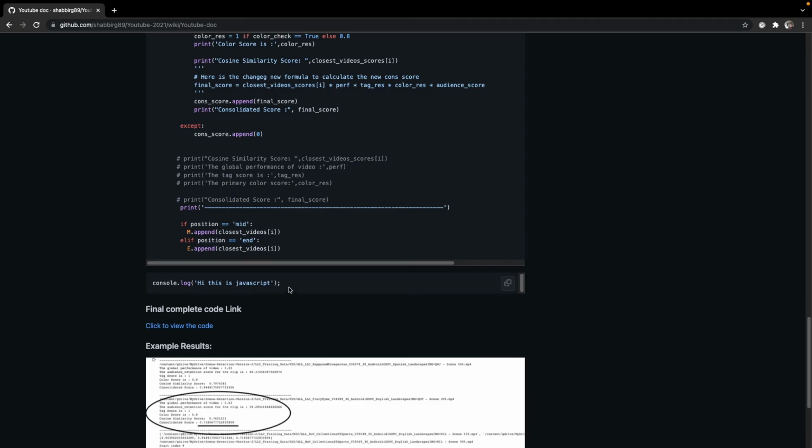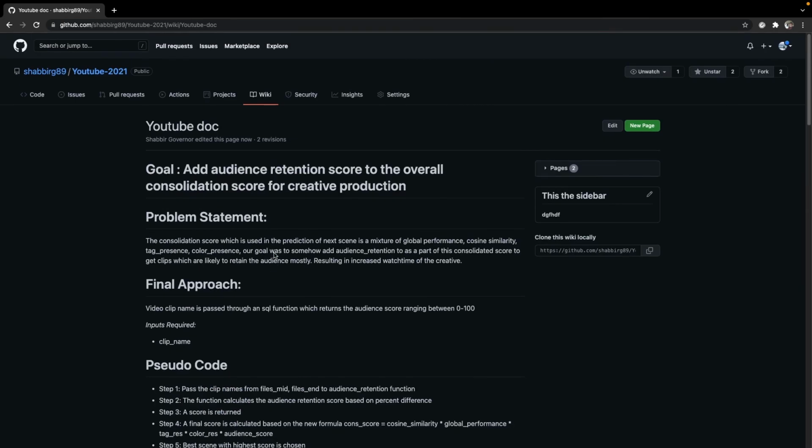You can see here that it has identified this code was written in JavaScript, and it shows it in a code format with these color schemes. This was all that I wanted to show you in this video, like how to make GitHub wikis and how you can add them to your repositories to make them insightful for others, and also in big collaborative environments you can definitely use GitHub Wiki to make it more productive.